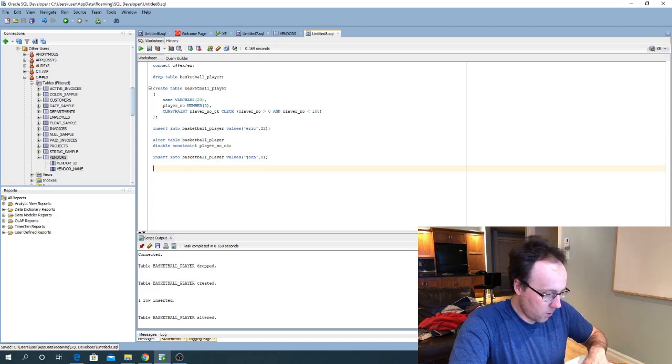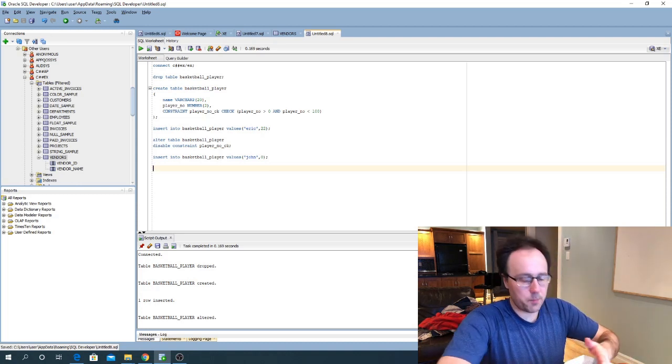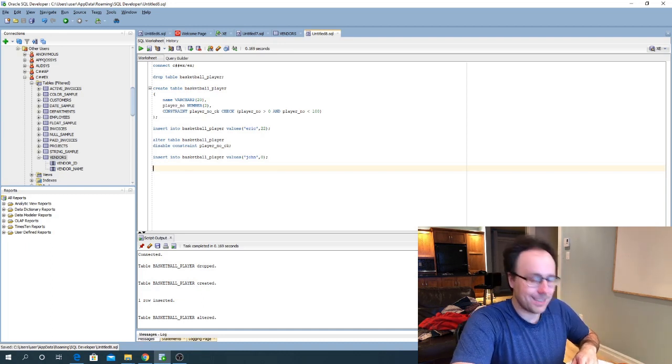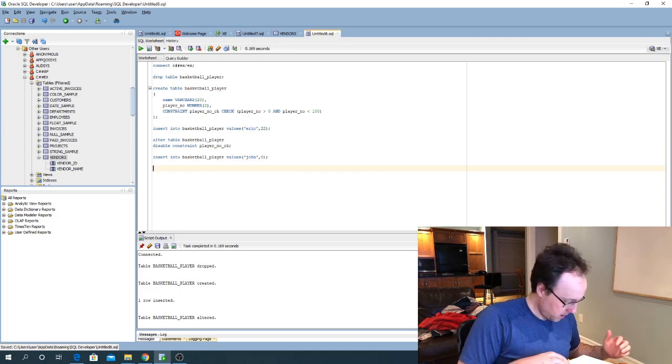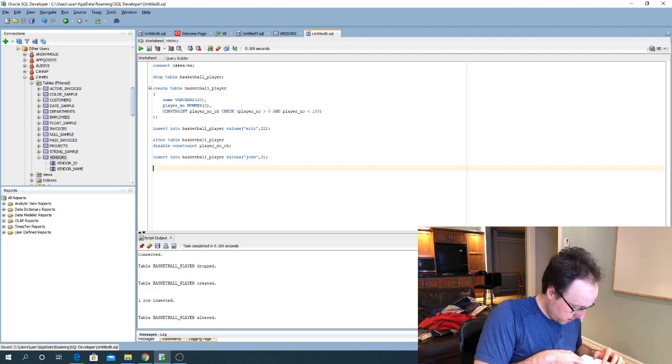Basically it's on page 323 in the textbook. There's a no validate optional keyword that I can use when I enable a constraint. And what that means, I believe, is,